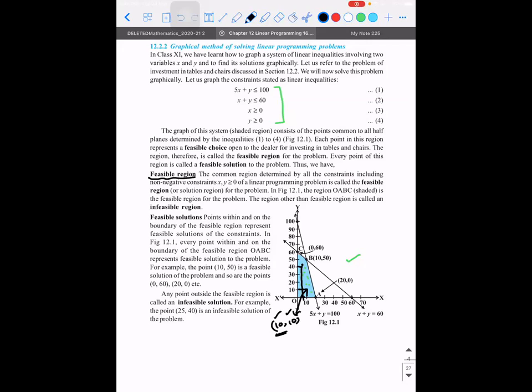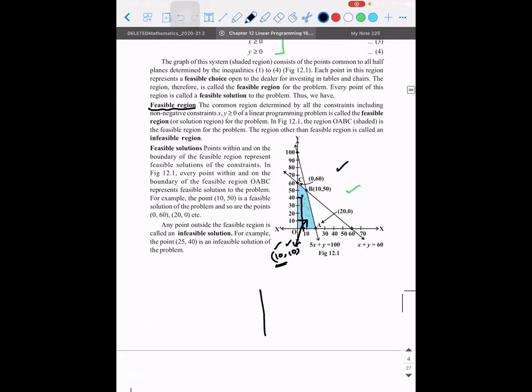Okay, so every problem will have a feasible region associated with it, and in this case, the feasible region is bound. So there are two possibilities. The region might be bound, or the region might be unbound. Why I'm saying it is bound is because you're able to see a shape like this for that area. That blue color region is available in the shape like this. Is it not closed on all the sides? So this is a bound region. So you're getting a bound region from all the linear constraints that you have. Sometimes you will get an unbound region, which is not our concern this year. Don't worry about that.